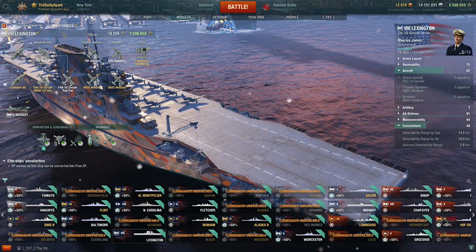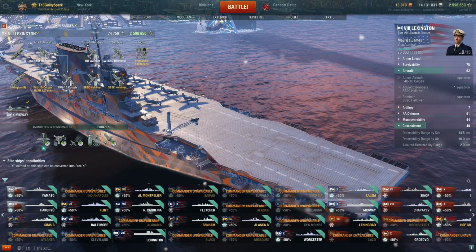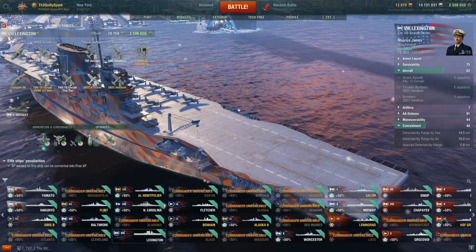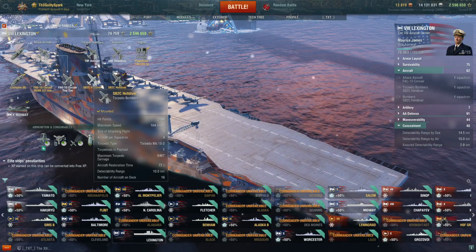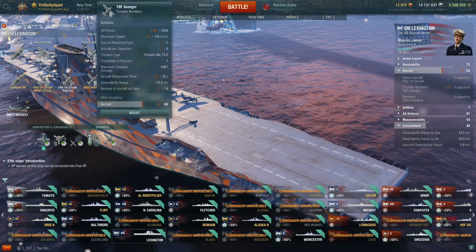Module-wise, you always want to go for torpedo bombs first, and then it's up to you. Going for rockets is fine. I personally would prefer to use or upgrade the Helldivers first because I think the stock Hellcat is pretty okay, whereas the stock Avenger is pretty...